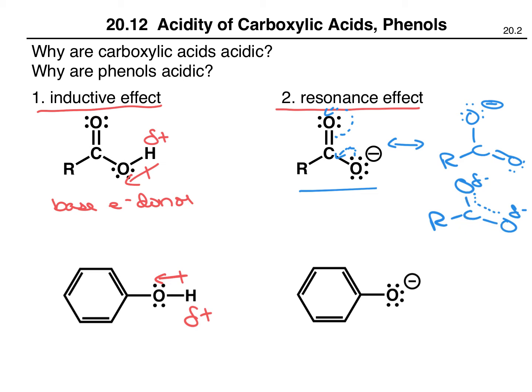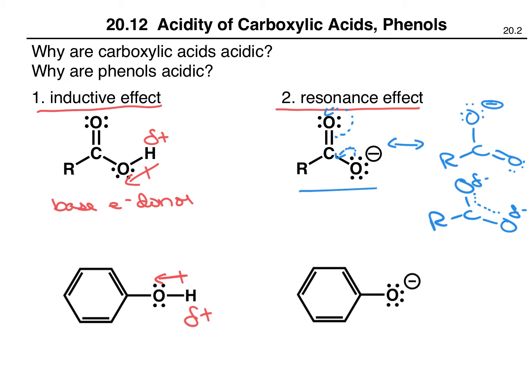So they do not exist as a double bond and a single bond, but they exist as equivalent 1.5 type bonds. So the fact that the conjugate base is stabilized by resonance makes the base more stable, which therefore makes the acid more likely to act as an acid and give up its proton